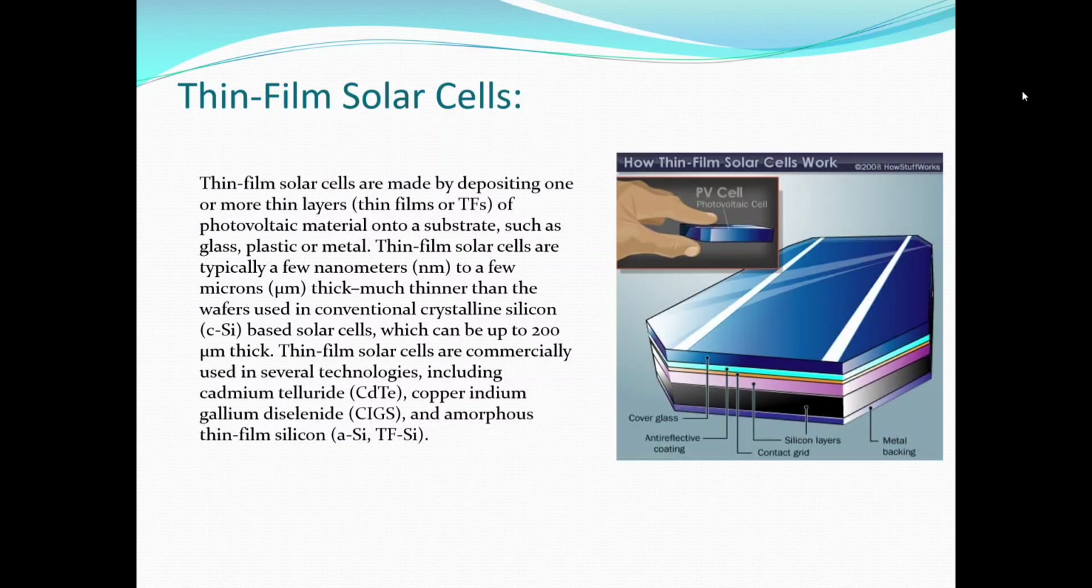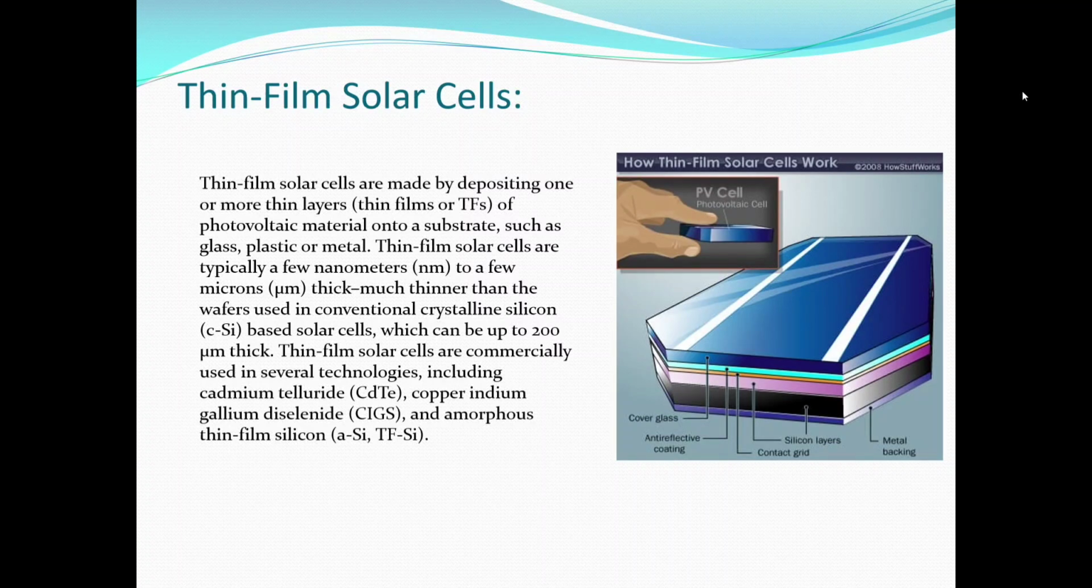Thin film solar cells. Thin film solar cells are made by depositing one or more thin layers of photovoltaic material onto a substrate such as glass, plastic, or metal. Thin film solar cells are typically a few nanometers to a few microns thick, much thinner than the wafers used in conventional crystalline silicon